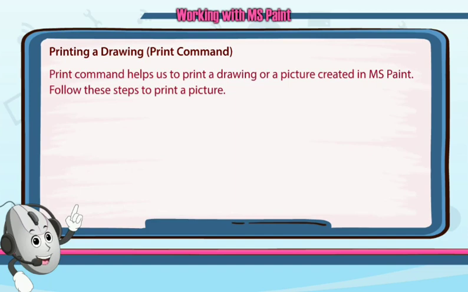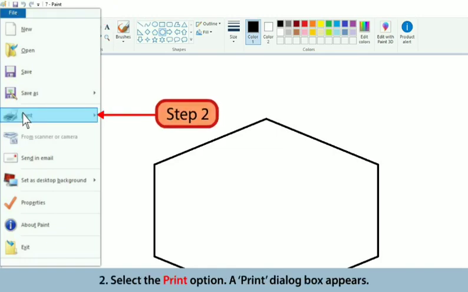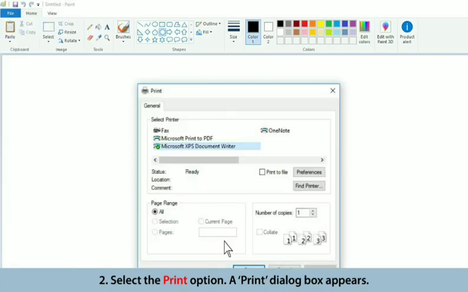So follow these steps to print a picture. Step number 1, we have to click on File tab. As soon as you click on the File tab, this drop down box will appear. Now we have to click on Print option. So this print dialog box will appear.